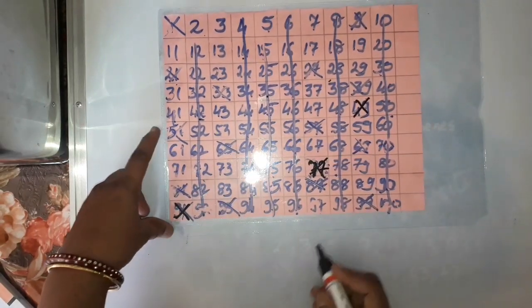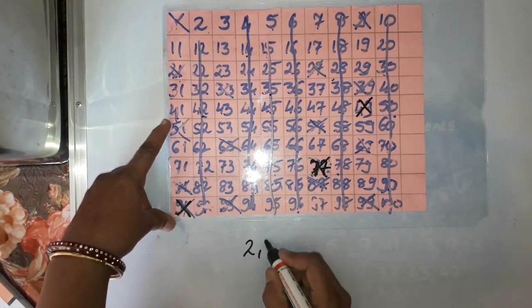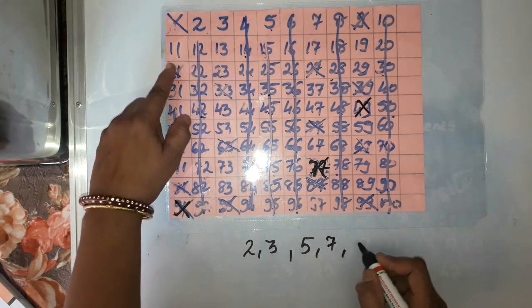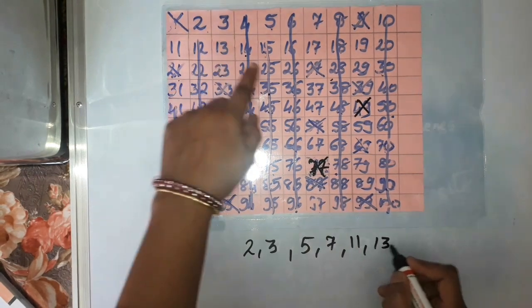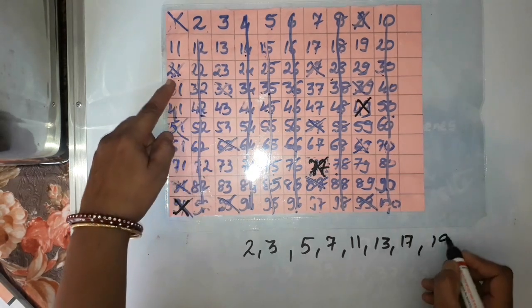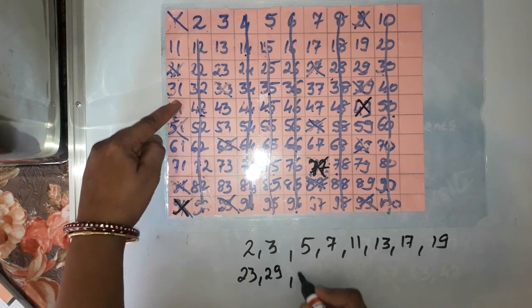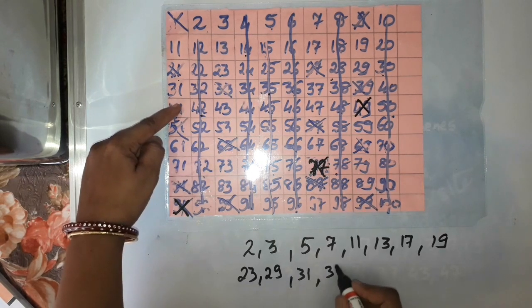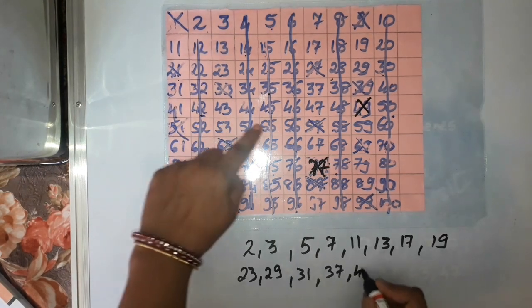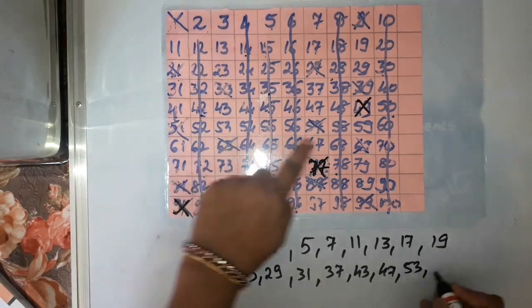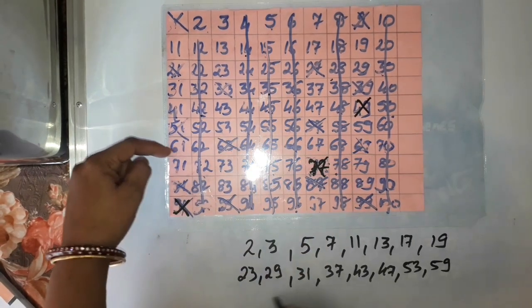So here I will write the numbers that are left out: 2, 3, 5, 7, 11, 13, 17, 19, 23, 29, 31, 37, 43, 47, 53, 59, 61,